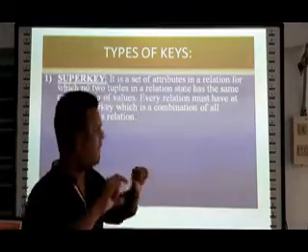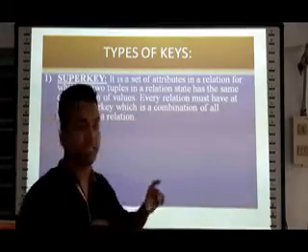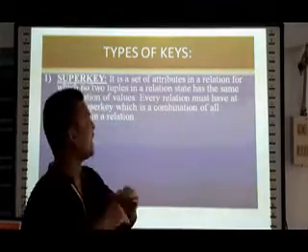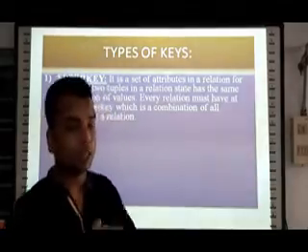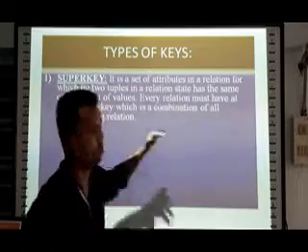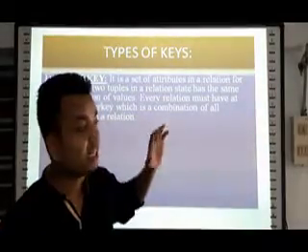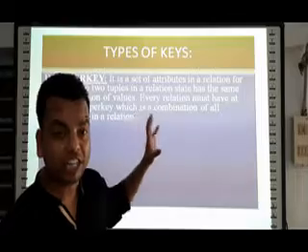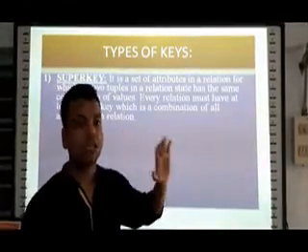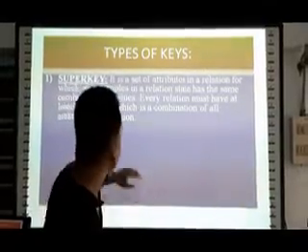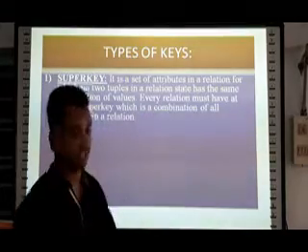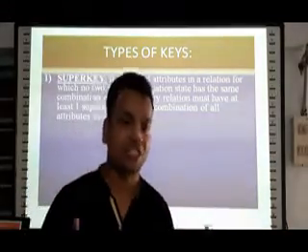Okay, so we should design a super key in such a way that we take the attribute values together, and whenever we select those sets of attributes, they should be selected in such a way that the tuples we insert into our relation are atomic, indivisible, or not duplicates. Every relation must have at least one super key, which is a combination of all attributes in a relation. If we consider a single relation, correct?